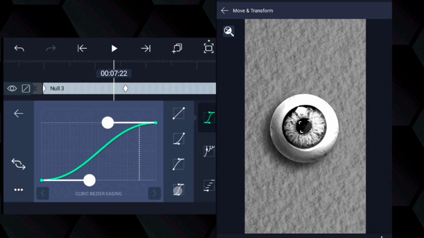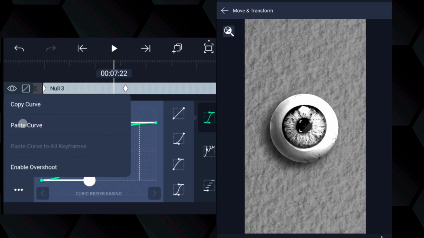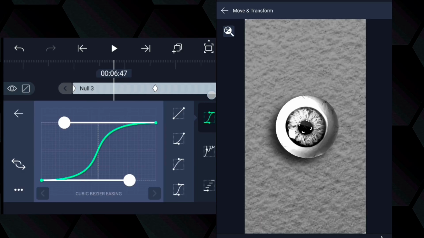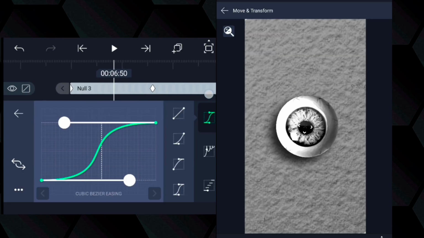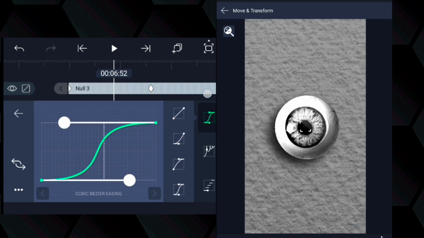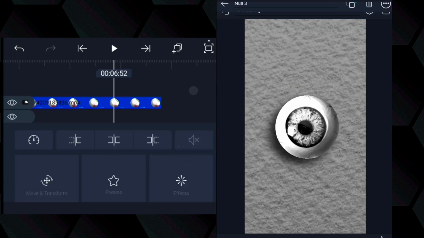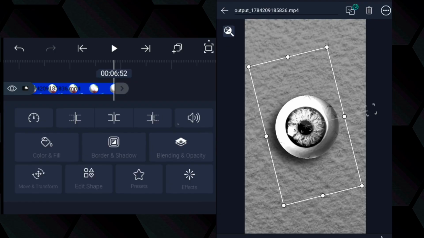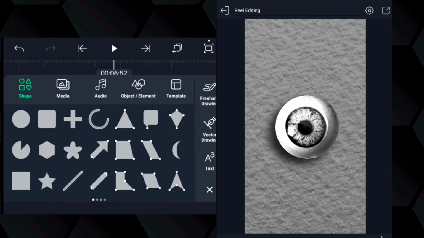Again, paste the curve from this point, cut this and add